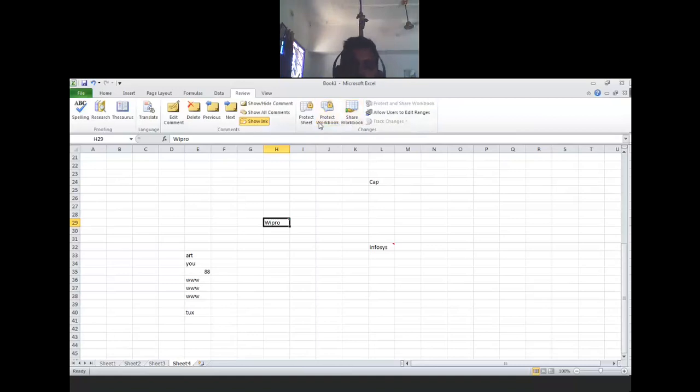Again, if we click on the previous, it will go to the previous. If we don't want it, we can click on this and delete. Also, you can delete it.